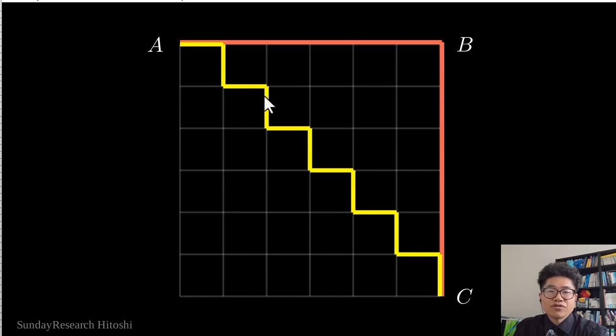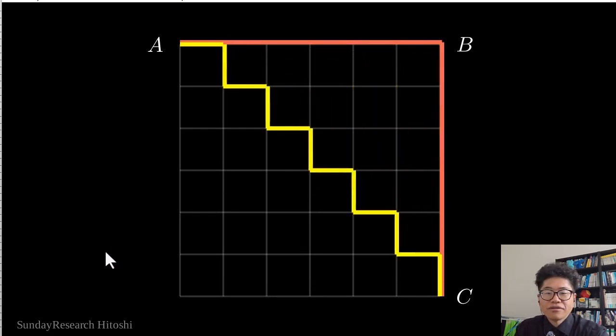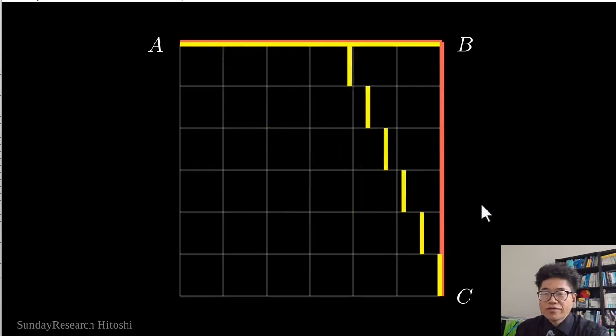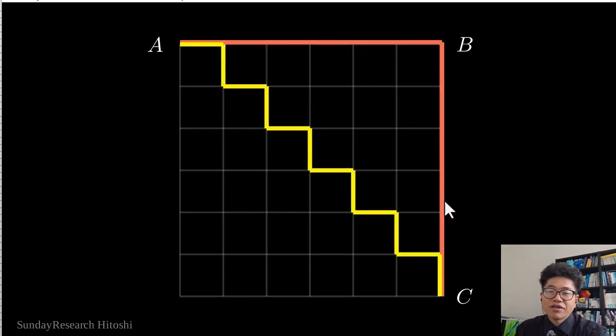If I move the horizontal part of the zigzag path up and the vertical part to the right, did you notice that I didn't stretch or shrink the path segments? I'm just cutting and moving them. That means the total length doesn't change. Just up, just right. So these two paths are the same length.